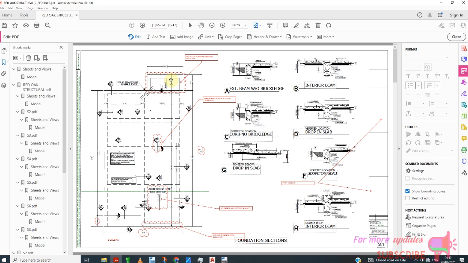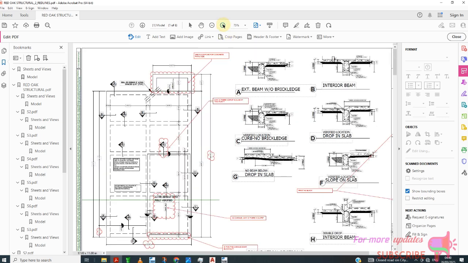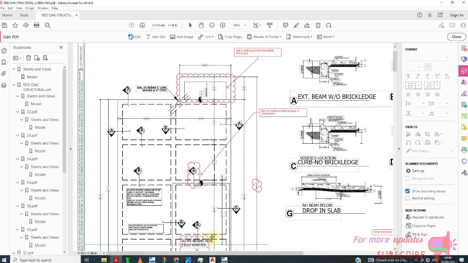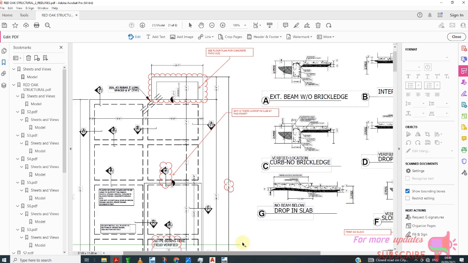Now I want to show you how you can use the commenting features in Adobe PDF. For example, you can see in this particular page we have this cloud here, and you can see the floor plan for concrete partial size. If I click on it, now, to go to